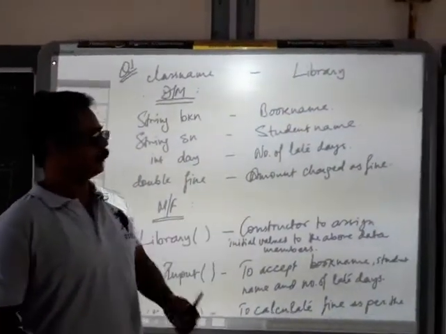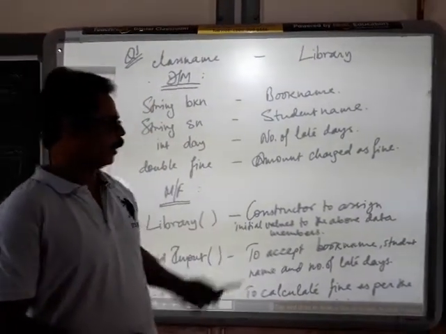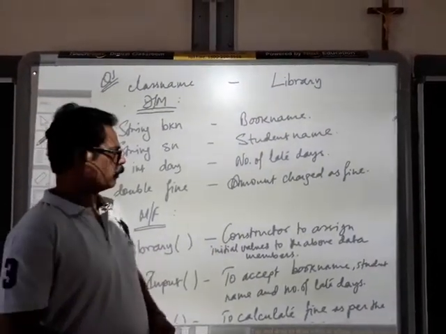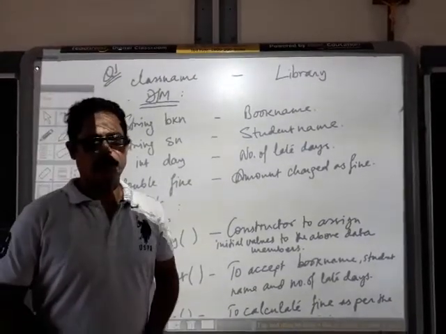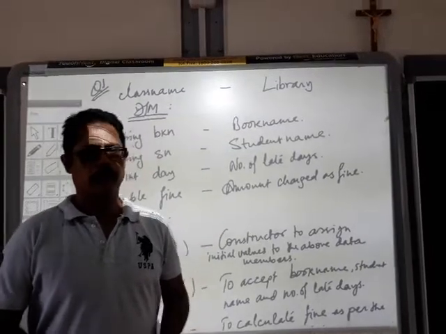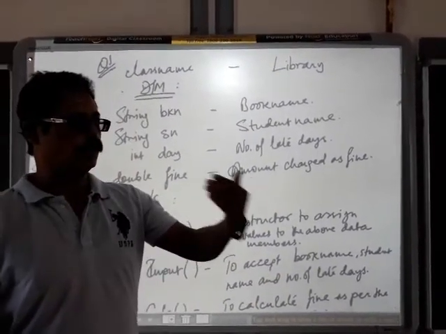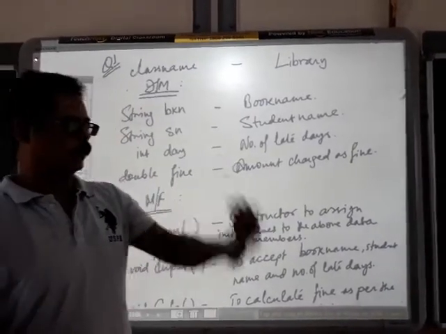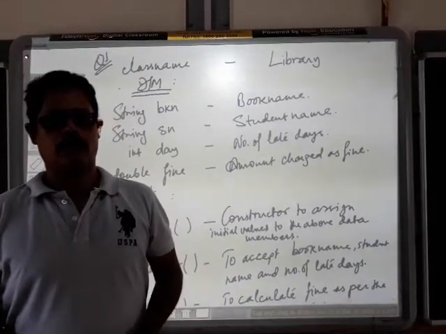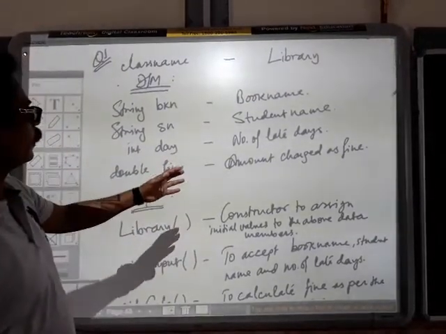Today I am going to discuss, in continuation with the previous topic, that is constructor, a couple of programs here. Let us understand how they work. We have a parameterized constructor which initializes the null value. The second case is a non-parameterized constructor, which is used for accepting the values. And the third one is a parameterized constructor, through which we initialize the global data members. So three programs are there. Let us see one by one.